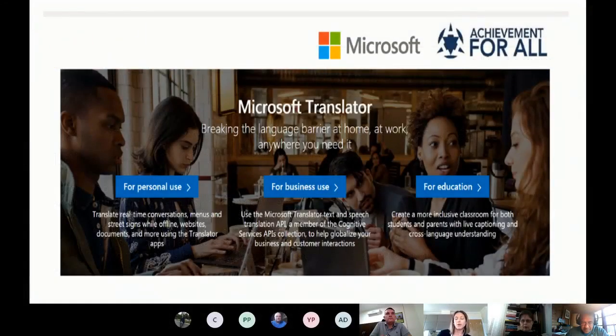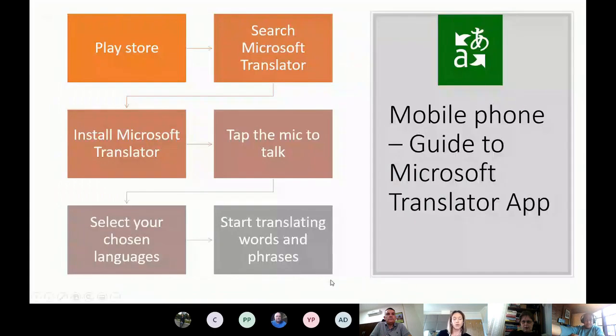Right, so I'm going to talk about Microsoft Translator. What I'm going to do in the presentation is talk through how you find Microsoft Translator, where you get that app from, then how you download it and how you start to use it. And then I'm also going to start talking about the different ways that you can use it in an educational